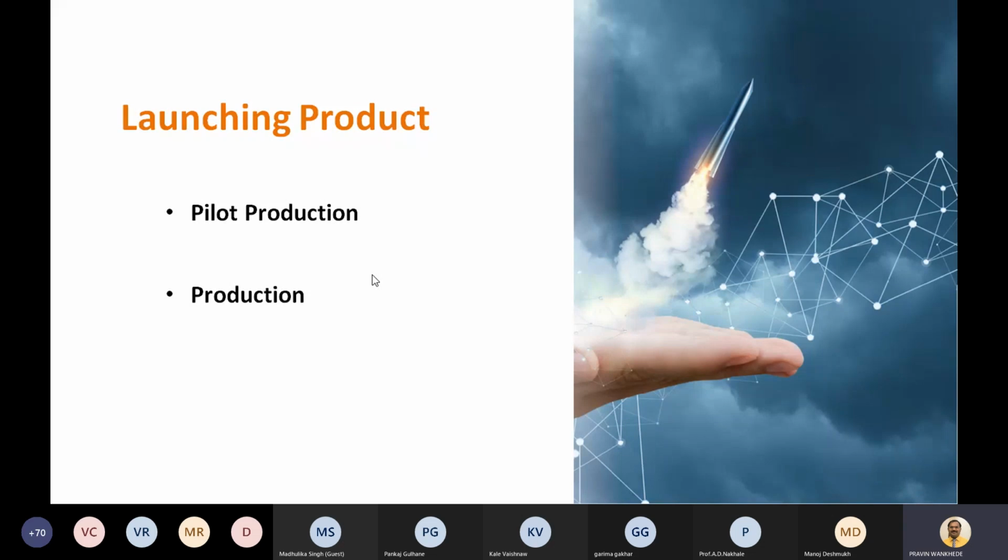then you can go with the pilot production directly with a large quantity of say 1,000 or 2,000. But if there is any medical equipment which is already costing you lakhs of rupees for the manufacturing of a single unit, then obviously you should not go for manufacturing thousands of units at a time. You start with 10, 15 units, then go with the 1,500.